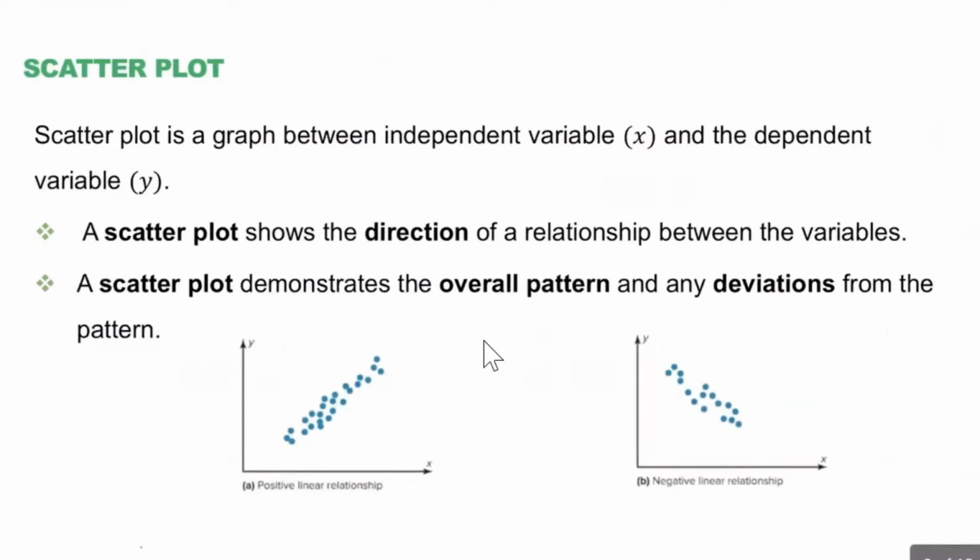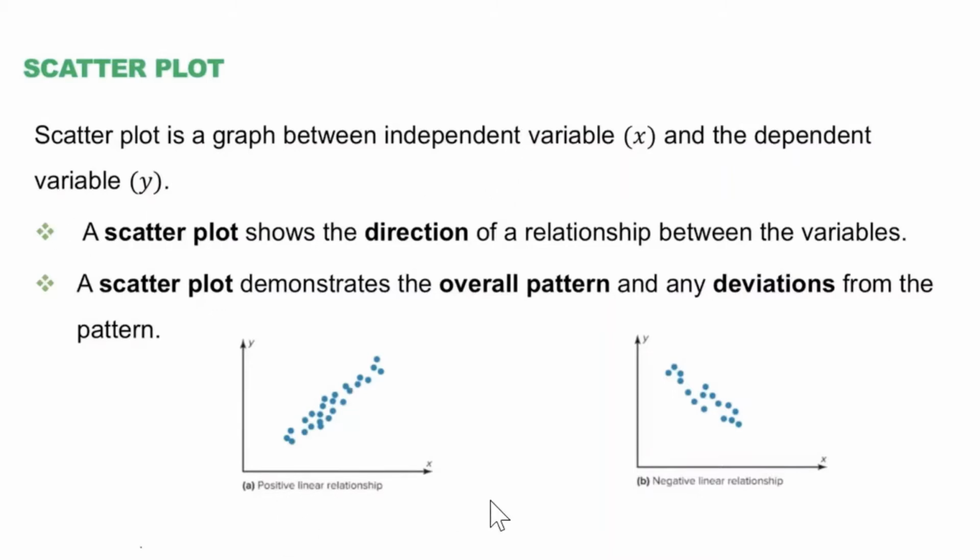We are going to begin with some basic terms in this chapter. We are going to do the first half today, and we are going to begin with the scatter plot. So let's find out what is a scatter plot. When I say scatter plot, it's the graph between the independent variable and dependent variable. If you remember in the first module, when we talked about the experiment, we talked about the independent variable and dependent